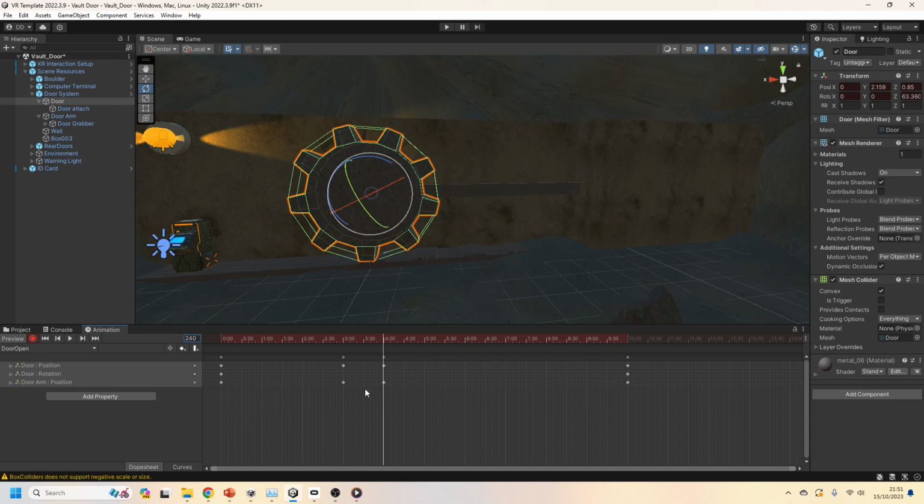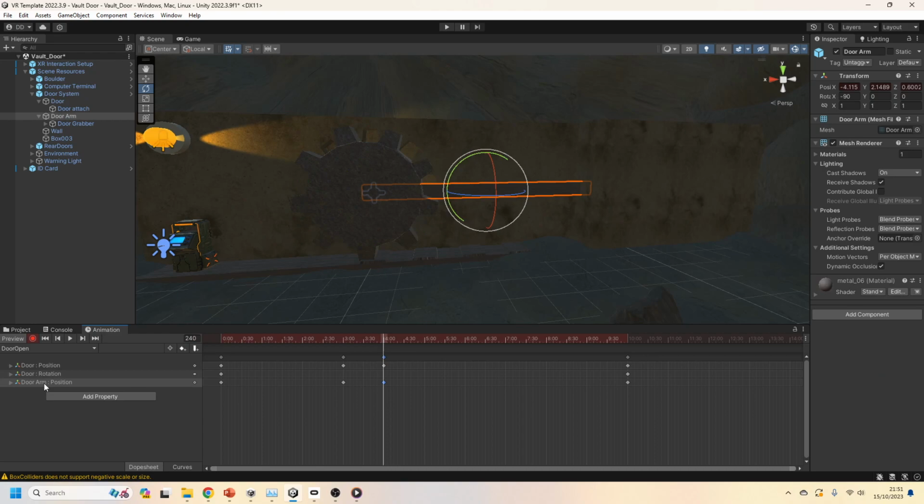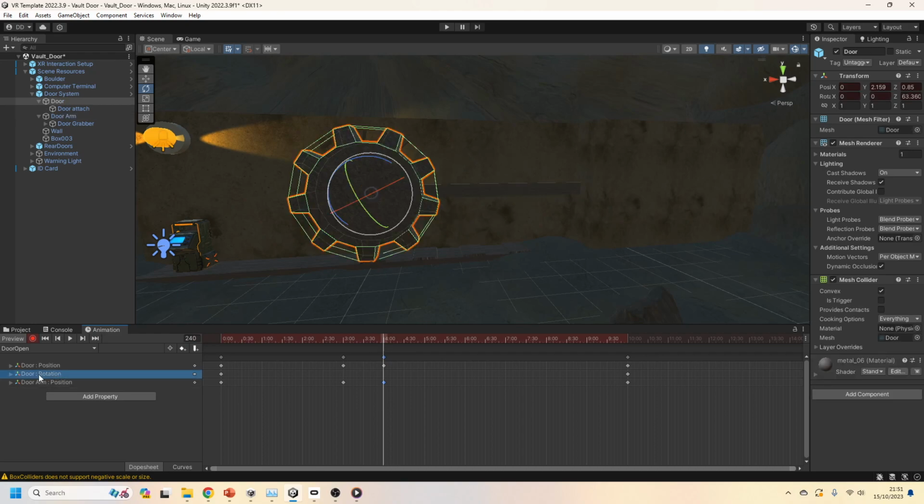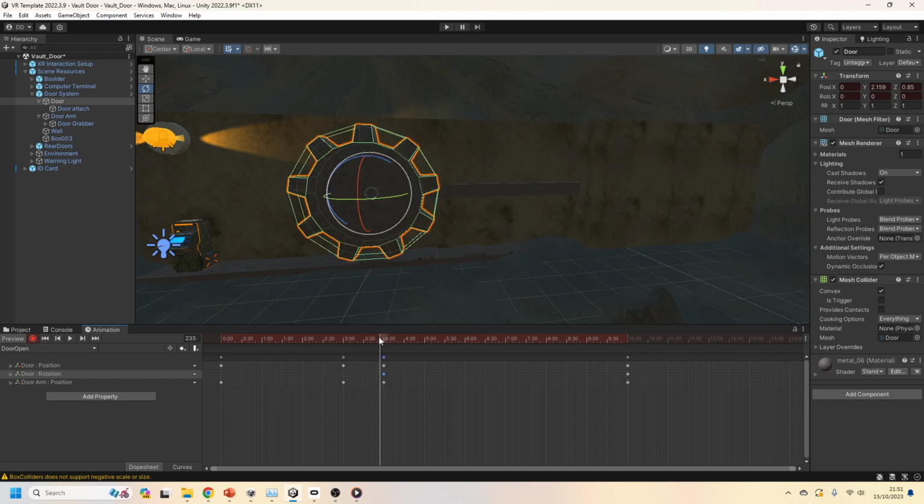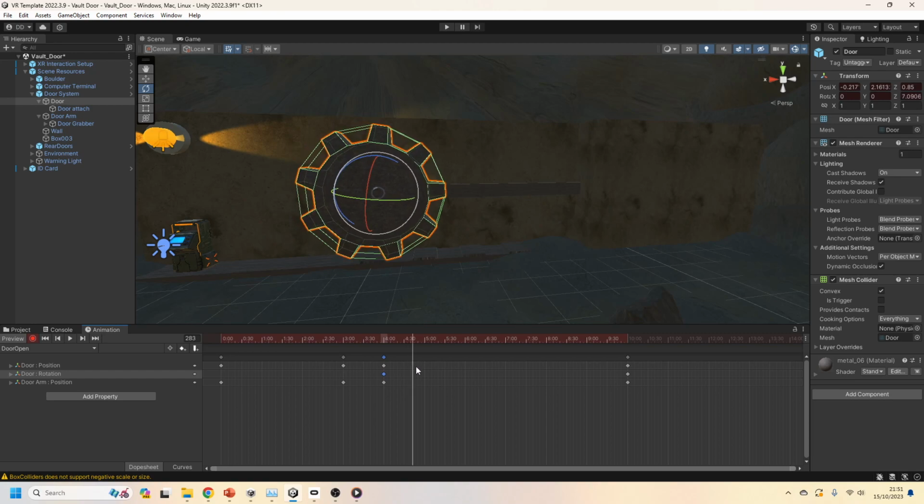Easy fix. I want to delete the keyframe through door arm rotation. You can see it here, there's a keyframe at 0, but we don't want anything to happen until the 4 second mark. So just grab that keyframe and slide it. And I want it to be at the 4 second mark. There you go. Now nothing will happen to its rotation until we get to 4 seconds, and then it will